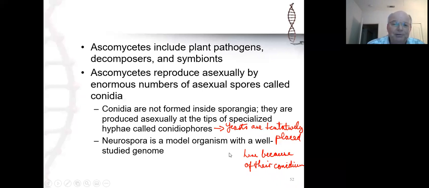They predominantly reproduce asexually. Another member of the ascomycetes that you may be familiar with is Neurospora crassa. This has a history in terms of our understanding of information flow in cells, the idea of DNA to RNA to protein, because it was using Neurospora crassa as a model organism that the connection between mutations in DNA and loss of enzyme activity was established